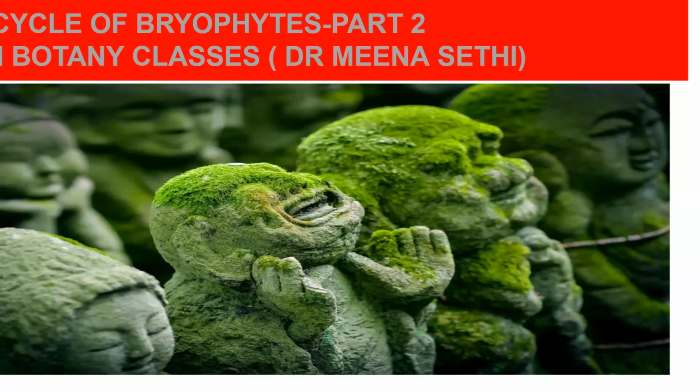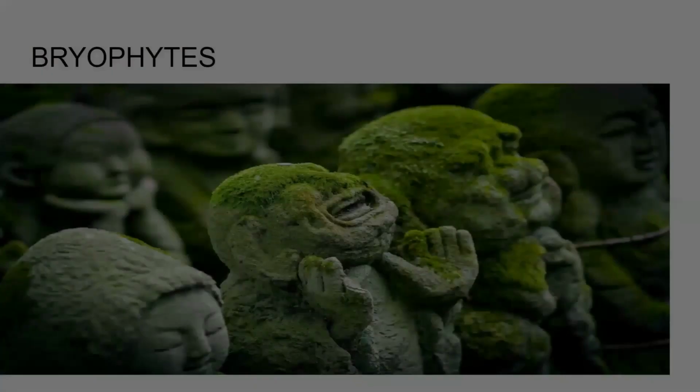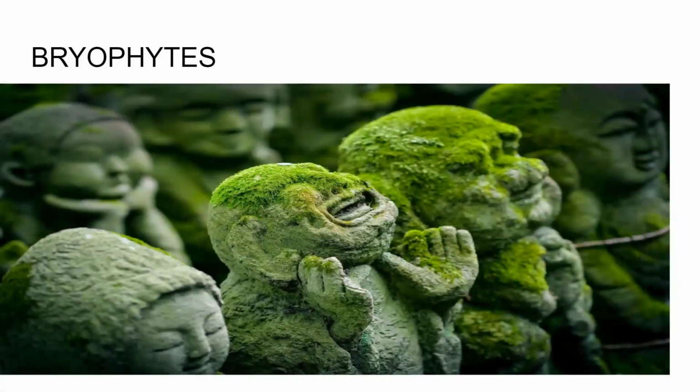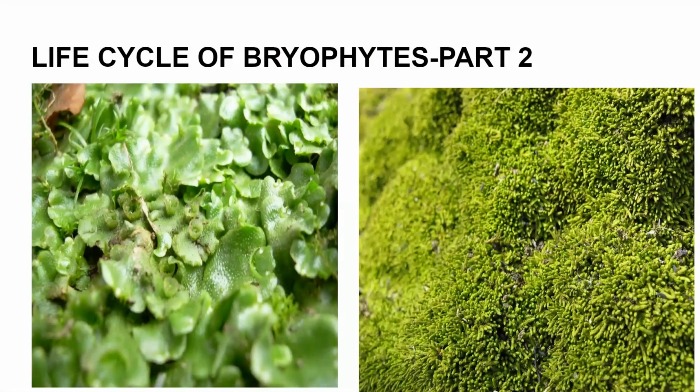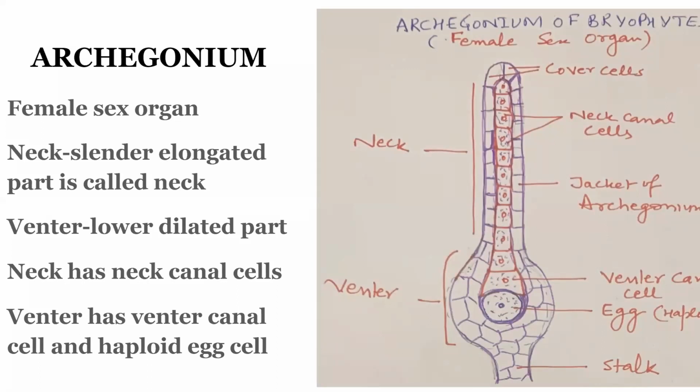In the first video of bryophytes, we studied the habitat of bryophytes, the thalloid and gametophytic plant body, the structure of rhizoids, and the structure of sex organs. Today, in this video, we will study how fertilization occurs in bryophytes, formation of sporophyte, formation of spore, germination of spore, formation of gametophyte, and alternation of generations. In the first video, I have already explained the structure of sex organs, but to make a link, we will